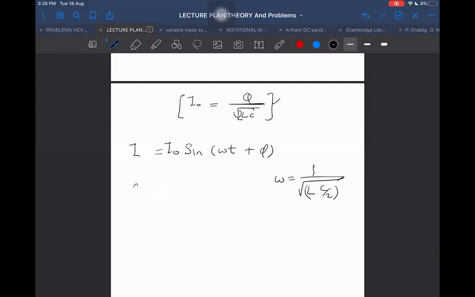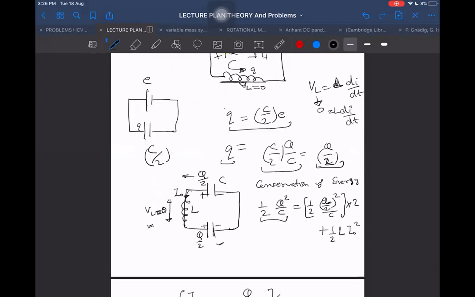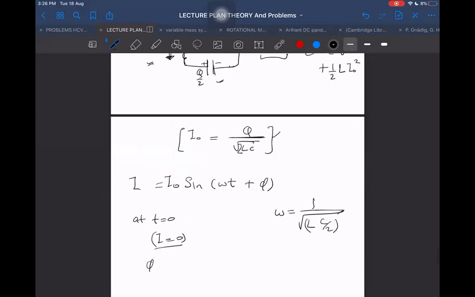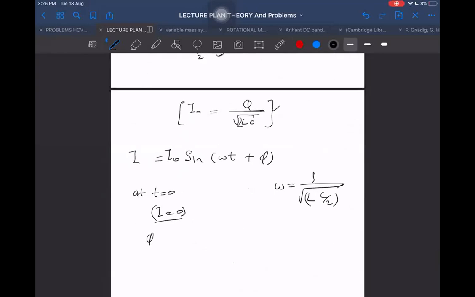Then we get it at t equal to 0. At t equal to 0, I was equal to 0. It means phi is 0, because at that time only we close the switch. When we close the switch, initially the current flowing through the inductor was 0, and the inductor has this property: it does not let the current change suddenly. If it was 0, then it will continue to be 0 just before and just after. It cannot suddenly become something from 0. Just after closing the switch, the initial current will be 0. So I can take I to be 0.